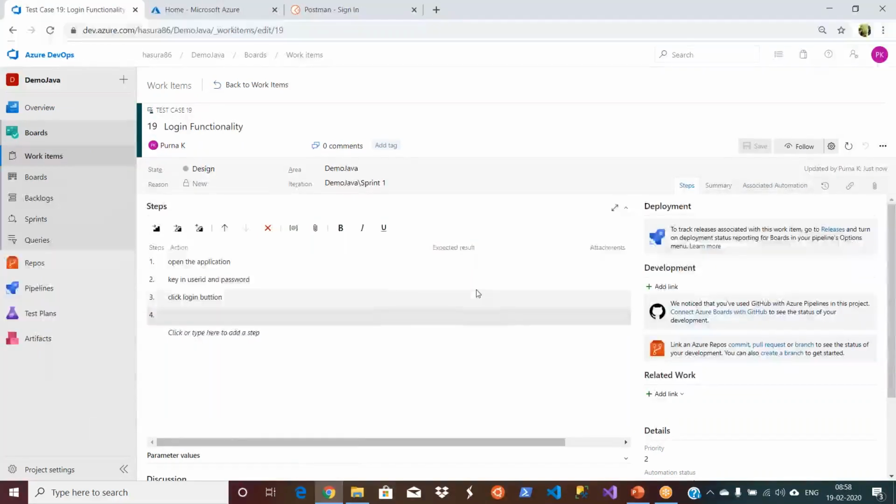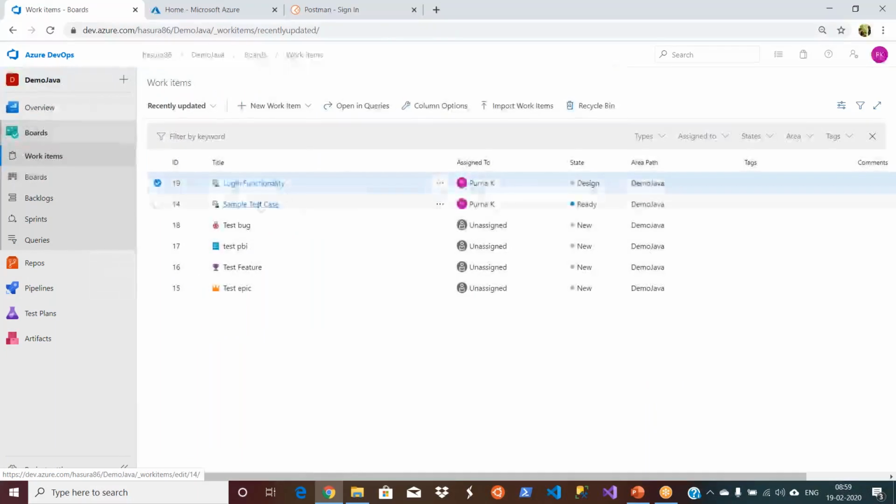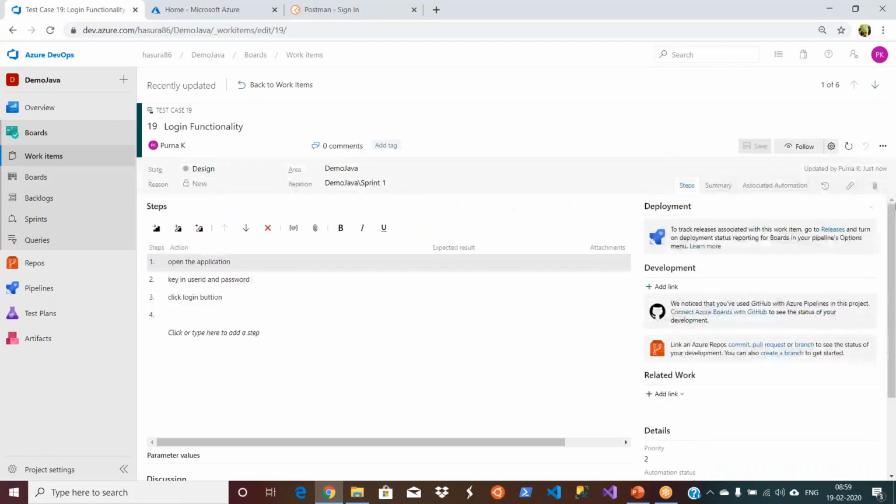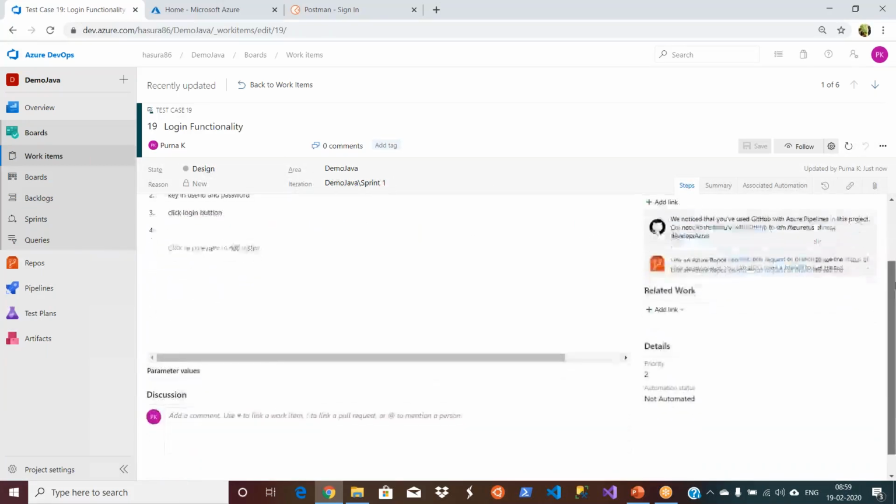They can do this kind of test case creation, and people can do exploratory testing as well. This is known to the testing people. Exploratory testing means they can test the application right from the test case itself. Let us say you go to your boss and ask about that login functionality test case. There will be an option where you can do some testing right from here as well.